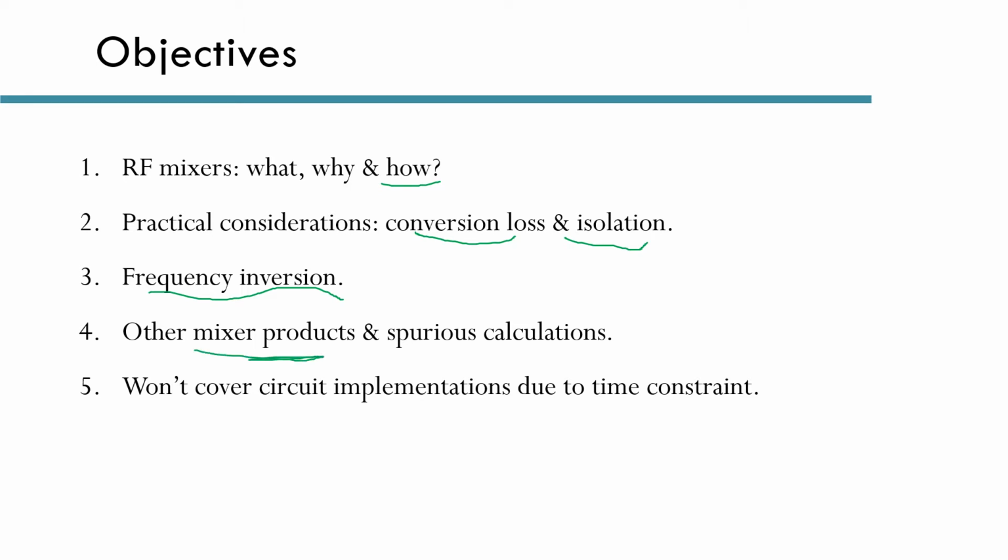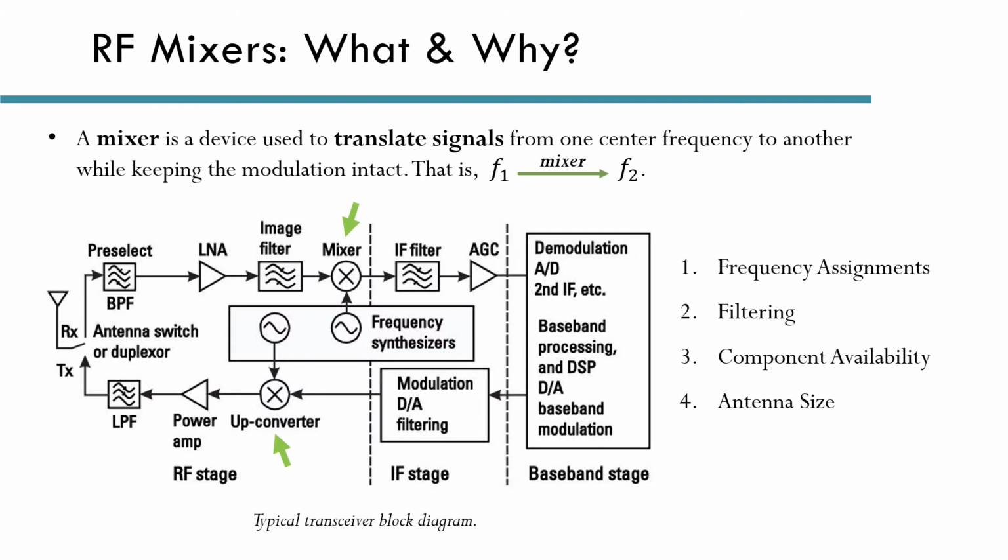products. Yalla, let's begin. Okay, unlike amplifiers that make signals larger, a mixer shifts a signal from one center frequency to another. Mixers are useful components in both the transmitter and in the receiver. And this is because on the receiver, it allows you to take the high frequency antenna signal and down convert it into a signal where it is easy to do operations on, such as filtering and data conversion. And on the transmitter side, it allows you to do the data conversion and other operations also at low frequencies, and only very late in the transmitter chain up convert your signal to a high frequency where it can be